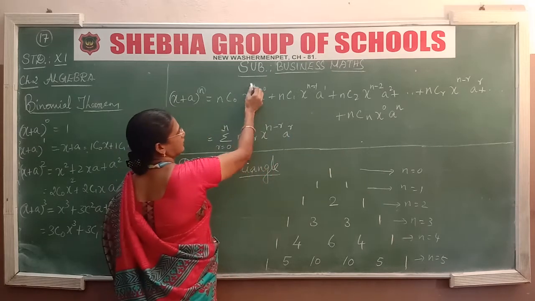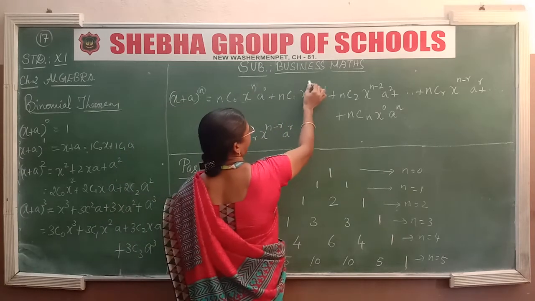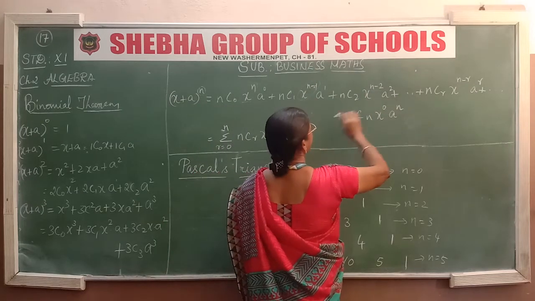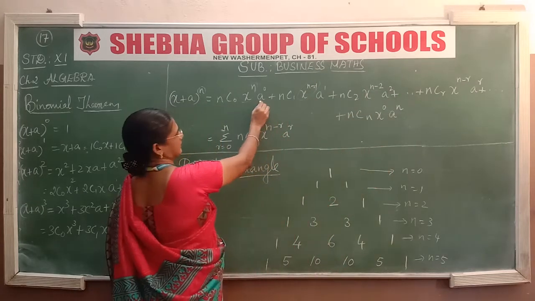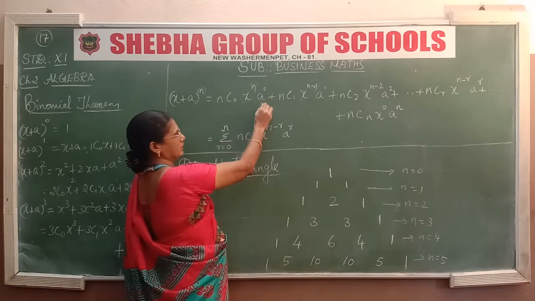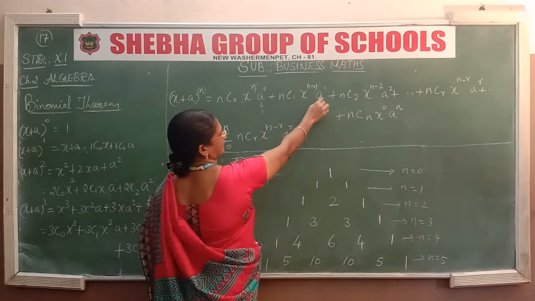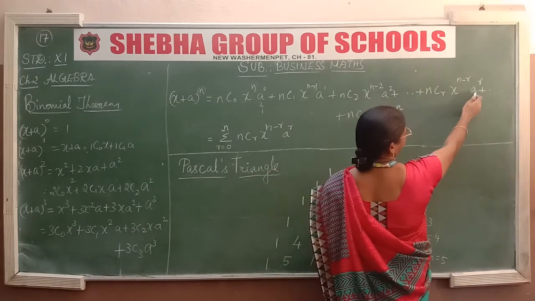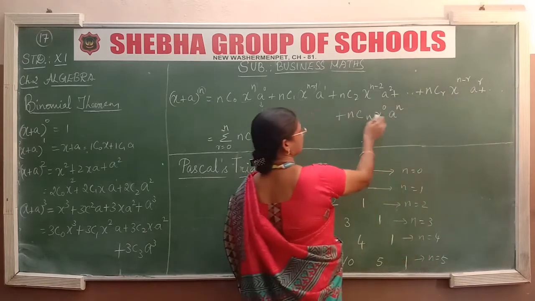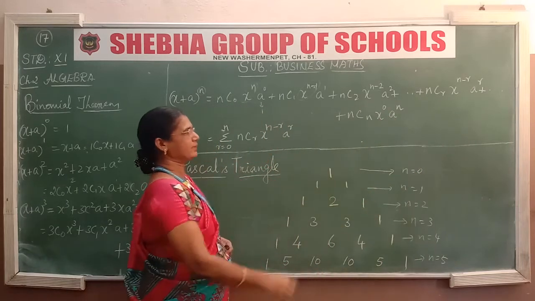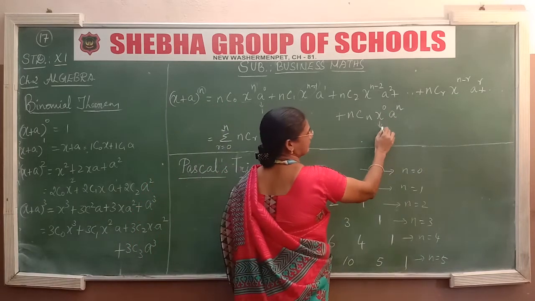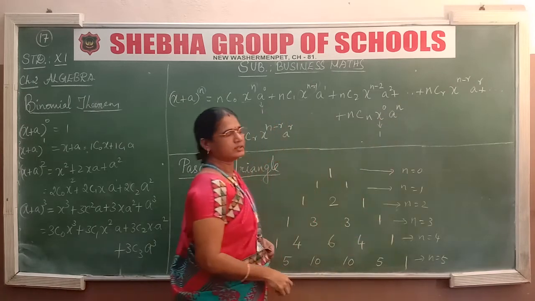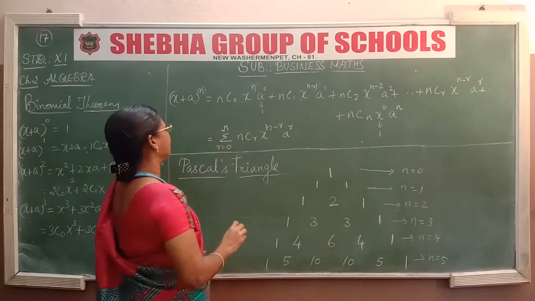That is, first one is x power n, second one is n minus 1 and third one n minus 2 and so on. Similarly first a power 0, that is 1, and next a power 1, a power 2, a power 3 etc. up to a power r, and the last term is a power n. Here our x term is missing, that is x power 0 becomes 1, isn't it? So the last term a power n will come.